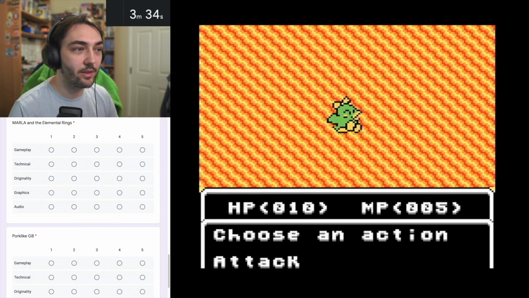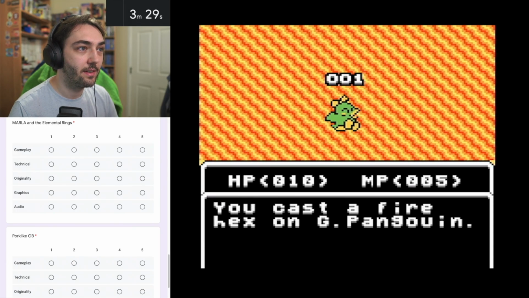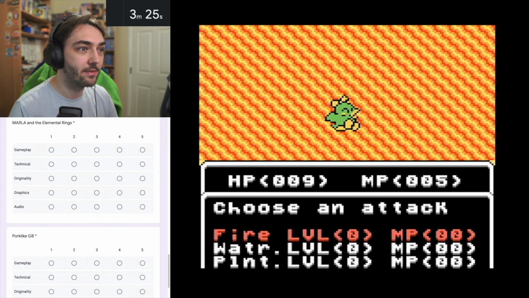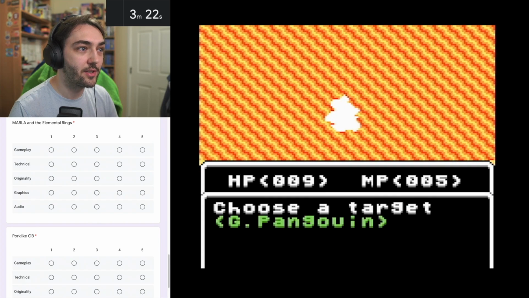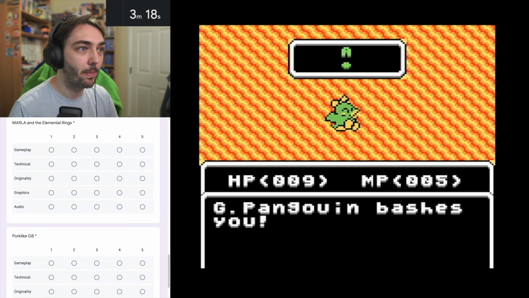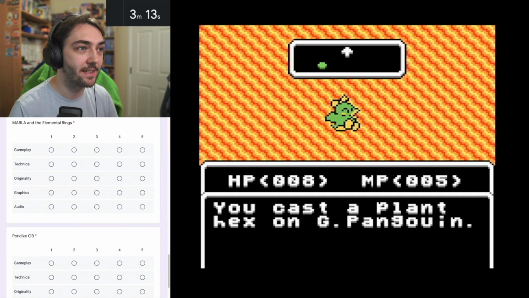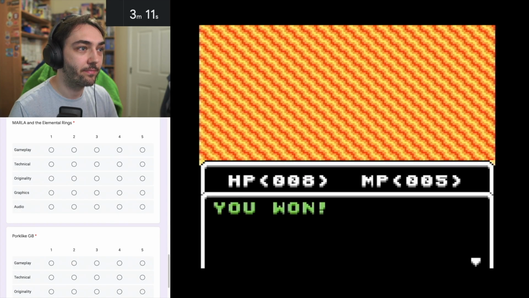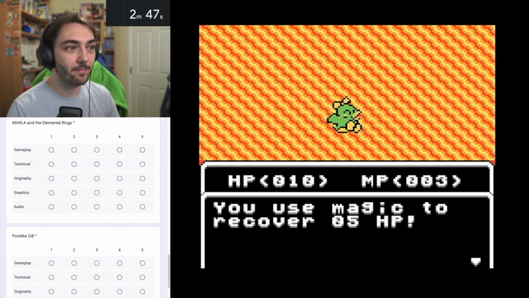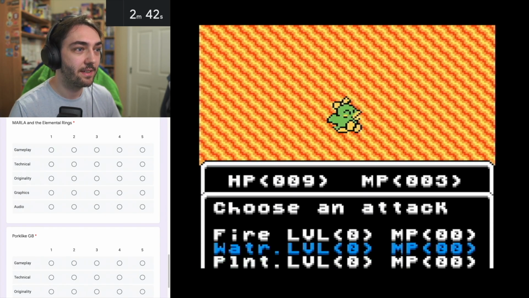It's a very Earthbound style screen here. Choose a target. And then, I think you need to press A at the right time. You can choose different types of attacks, like water or... I'm not really sure what pressing the buttons does actually. Let's try this plant attack. Up. So it's kind of like some sort of rhythm game system where you have to press the right...